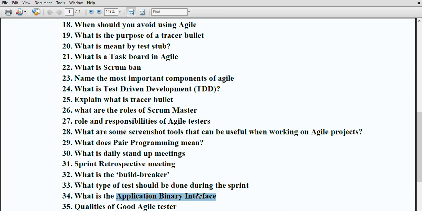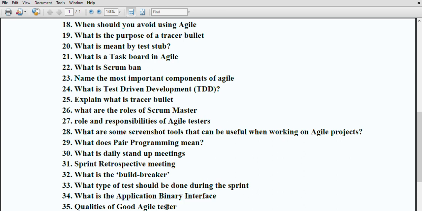Then, what is meant by application binary interface? Application binary interface (ABI) is known as an interface for a compiled application program. It is described as a low level interface between an application and the operating system. It means if you have developed an application and there is an operating system, the interface developed to interact between them, or transfer a module or get data, is known as an application binary interface.